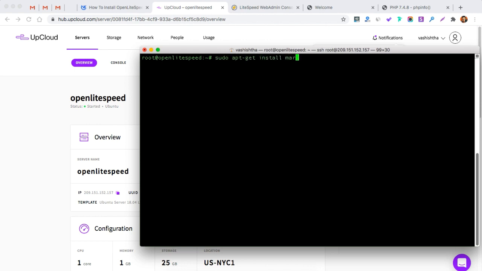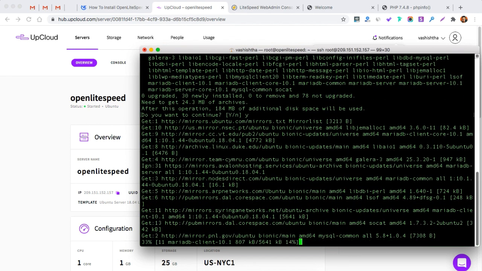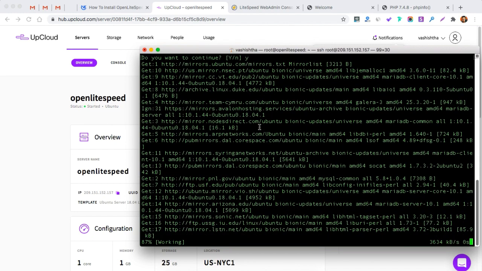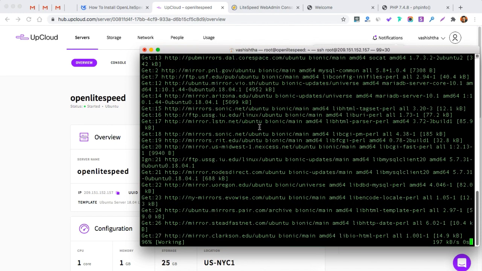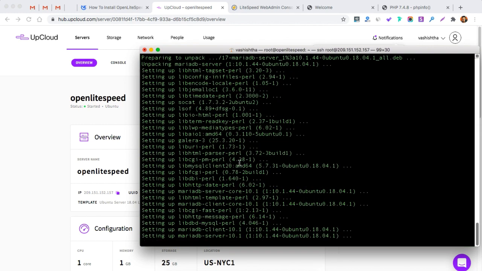So sudo apt-get install mariadb-server. This command will install the MariaDB server and MariaDB client both. I'll hit enter and it will ask me to confirm, do you want to continue? I'll press yes and then enter. It will take a few minutes to install.